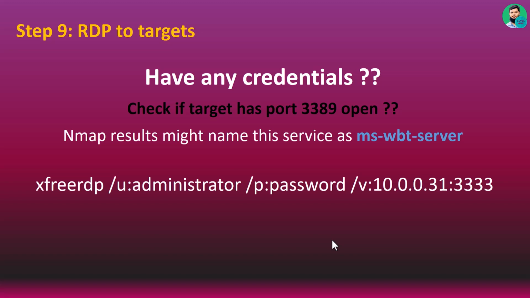Step 9, RDP to targets. Believe me, you'll thank me for this later. At this point, if you have some credentials to some machine, just see the Nmap result of the machine and confirm if the target has port 3389 open. In the service version, it will be written like this, ms-wbt-server. If it is open,